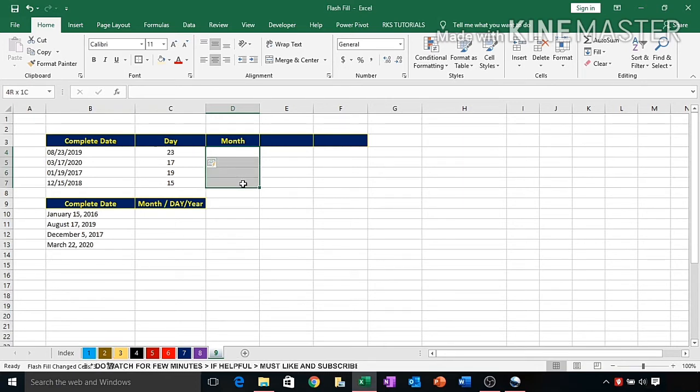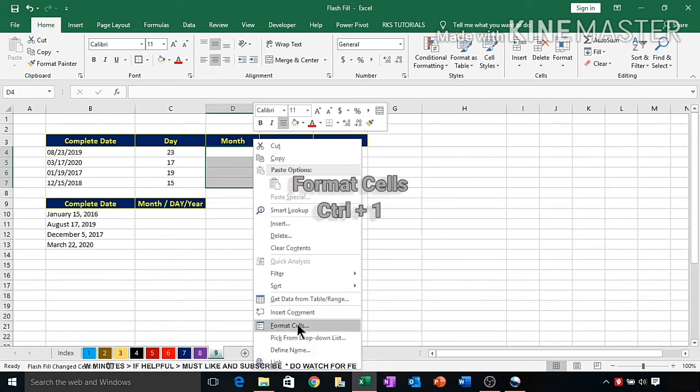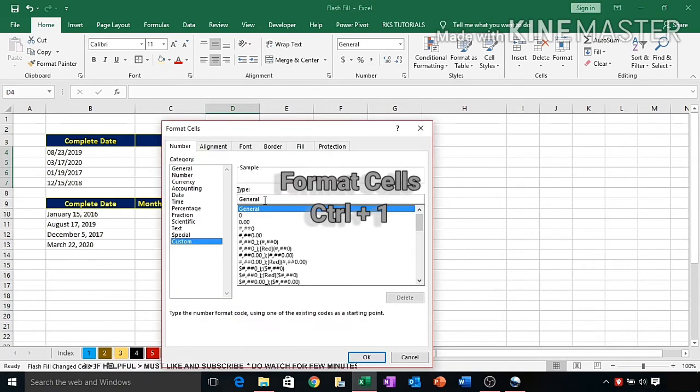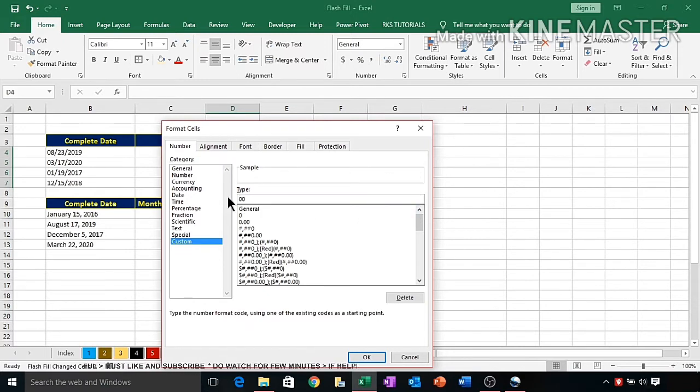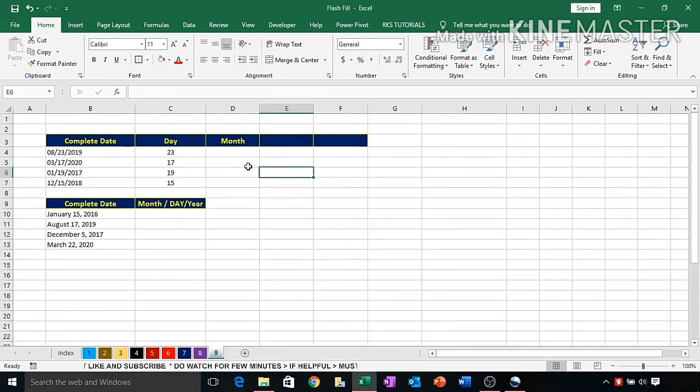So there is another option. You select all the cells, and from Format Cells you simply go to Custom and write 00 so that it remains in numbers. Now you can put 08, it shows the 2 digits, or if you work with only 8 then it creates a problem. Ctrl E. Now we want to extract the year. Select all the cells and press Ctrl E. Now move to the next.